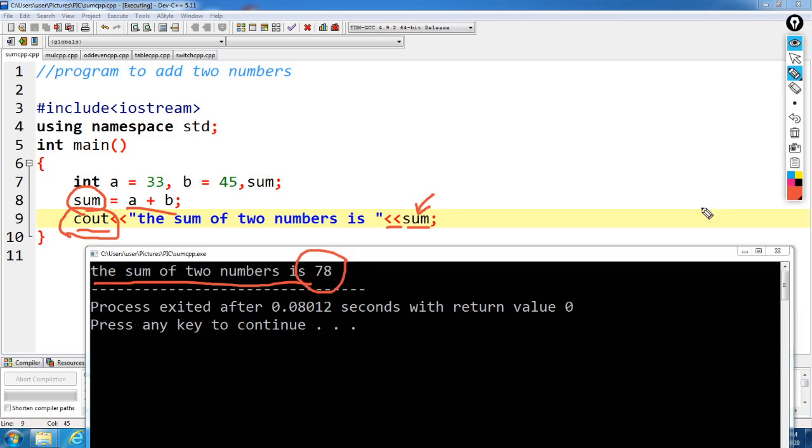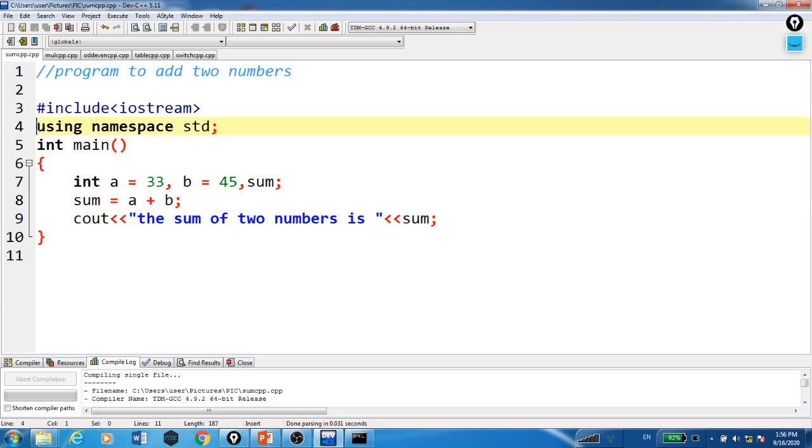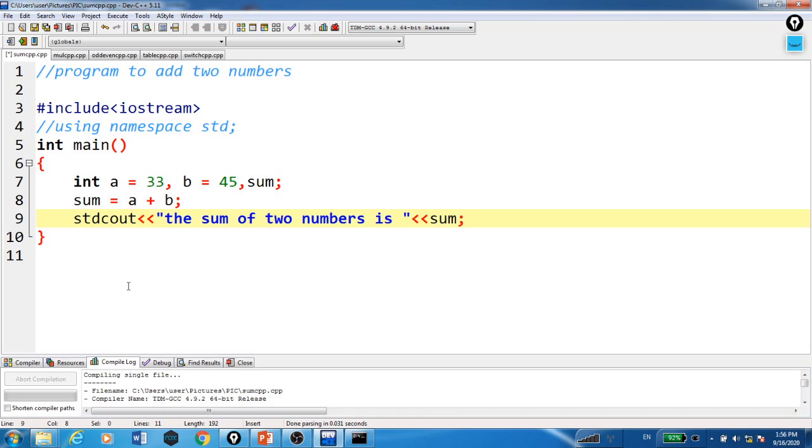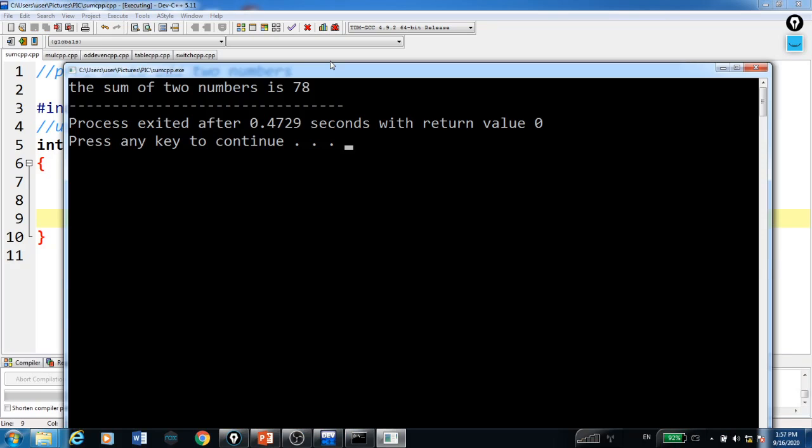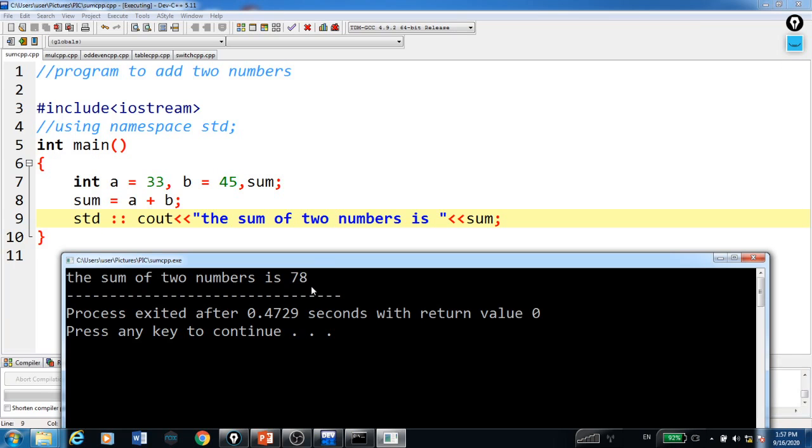Now here you can see, suppose I am not writing using namespace std here, then before cout you have to give this std object and then two colons, that is nothing but the scope resolution operator. So here you can see the sum of two numbers is 78.